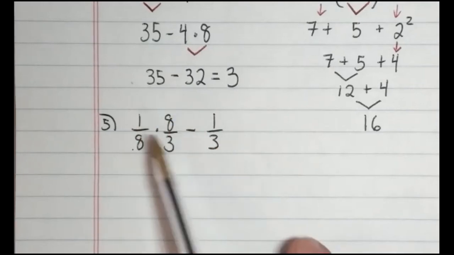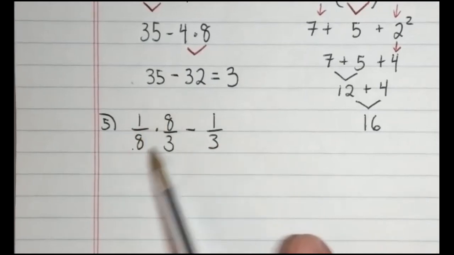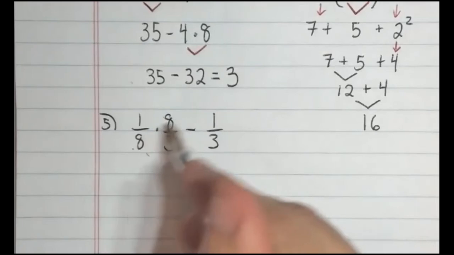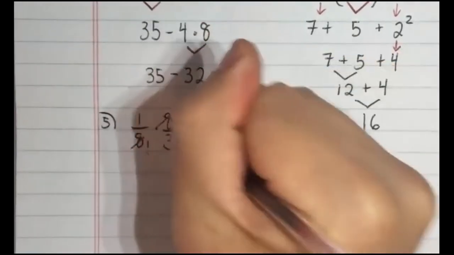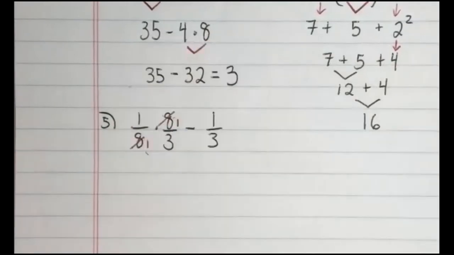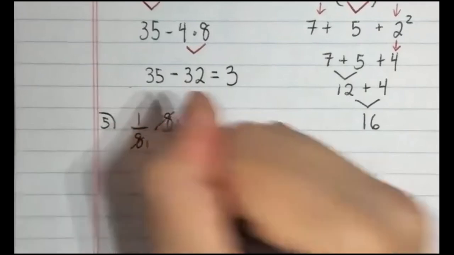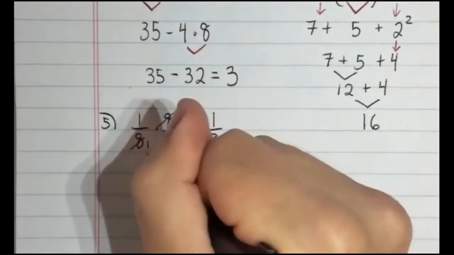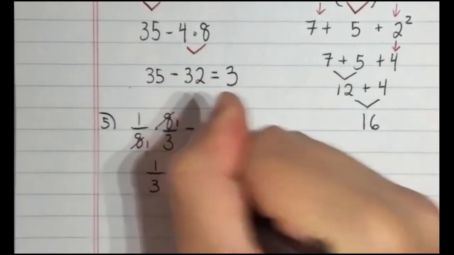Okay, so I do have multiplication here. So I've got to do this first before I subtract the 1/3. So I'm doing this first, and hopefully you notice these 8s here. They're just really going to cancel each other out. But if you want, you could put 1s in their place. And then I'm just doing 1 times 1 gives me 1. And 1 times 3 gives me 3. Then I'm going to move down this minus